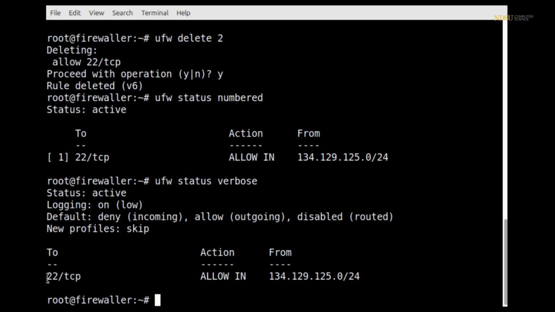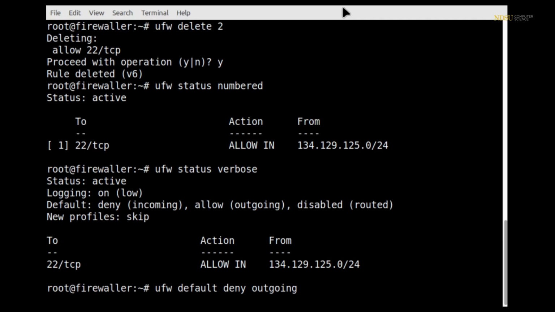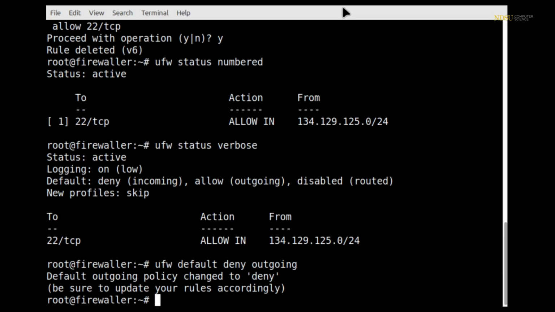And we have port 22 open. Now, if you wanted to change these default rules, you can do something like ufw default deny outgoing. And now the default policy has been changed to deny,